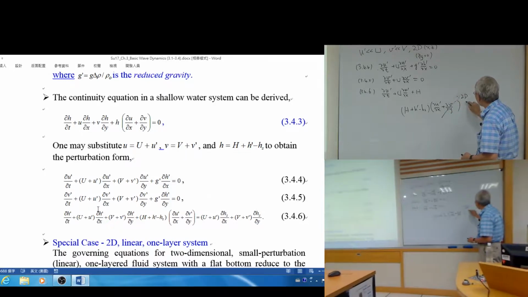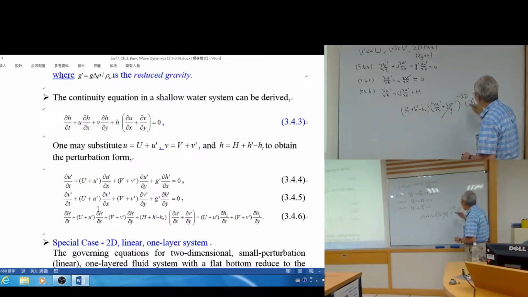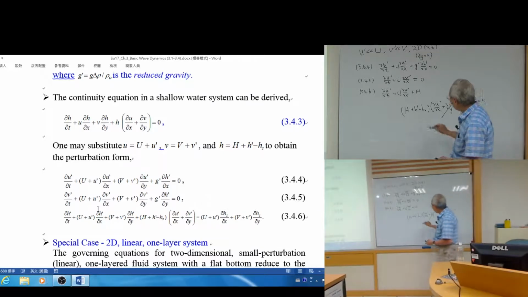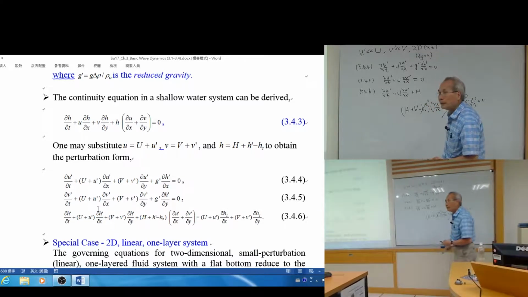Partial y, no matter which equation, which variable, equals 0. And 3.4.6 is